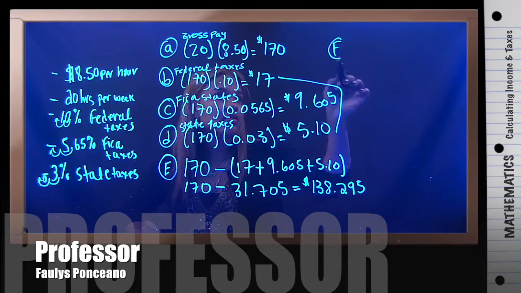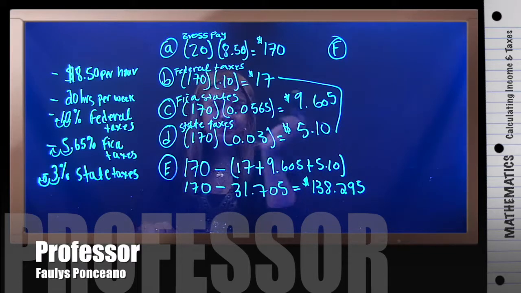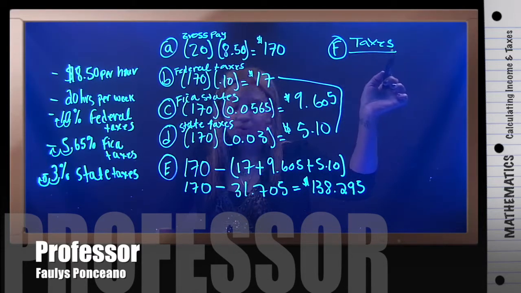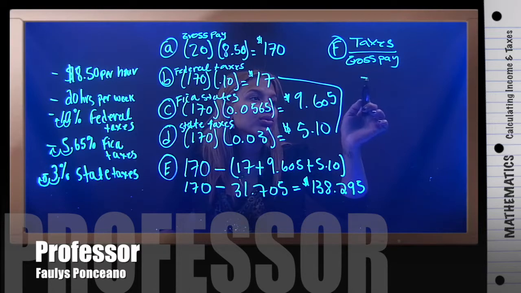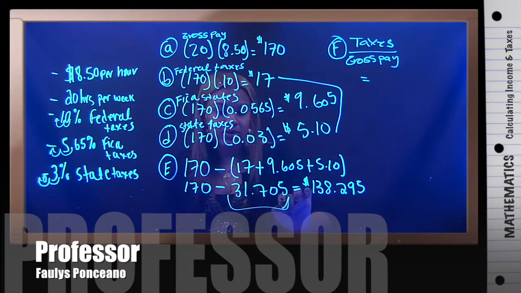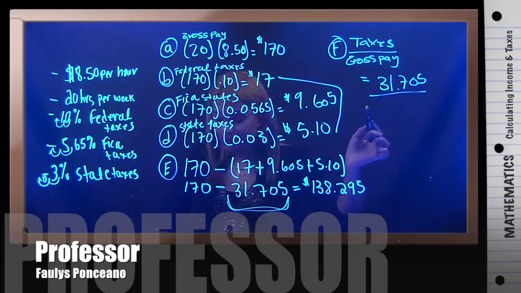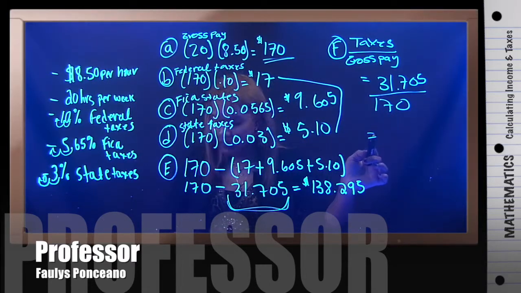For question F, it says, what percentage of your gross pay is withheld for taxes? Now in this question it says, round to the nearest 1/10 of a percent. So it's telling us to round to a certain place. So what you want to do is take the taxes that are withheld over your gross pay. So you're being withheld this amount, 31.705, over your gross pay, which is this guy over here, 170. You do that division and you get